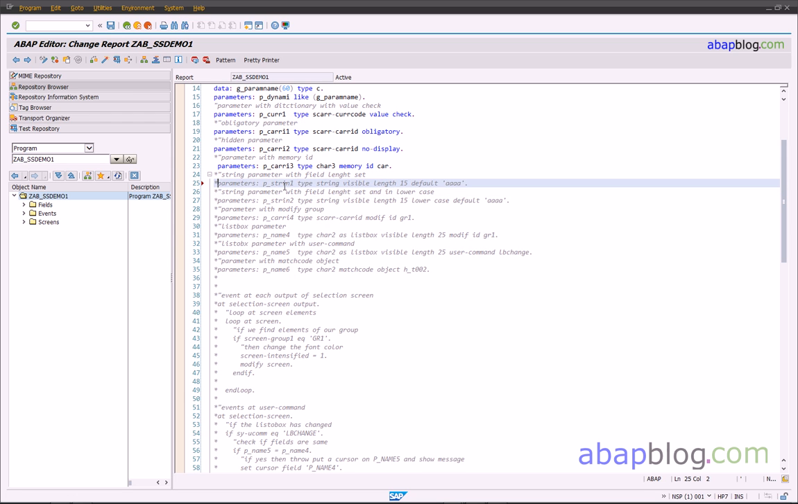And when you use the string parameters, you will have to put some default value for the length of the field, because otherwise you get a really long field in which you could put some data, and this is not so nice to handle. So I'll declare the p_string1 parameter with type string and visible length 15. This means that only 15 characters will be visible on the screen, but we can put as many as we